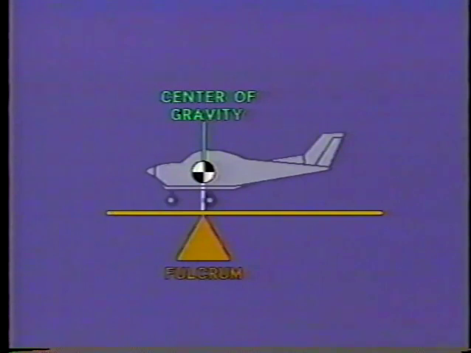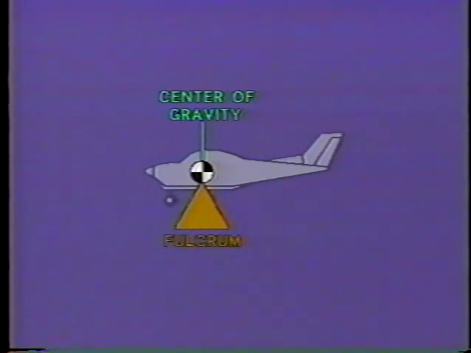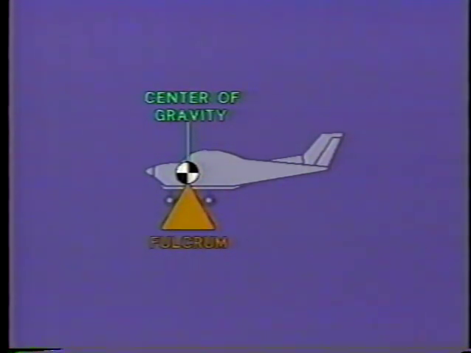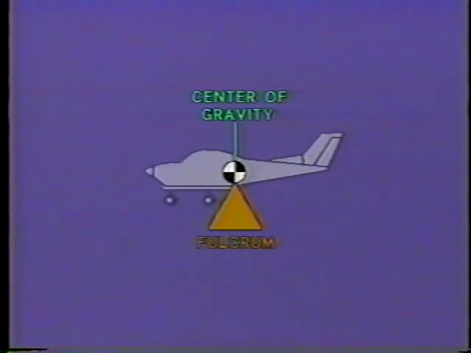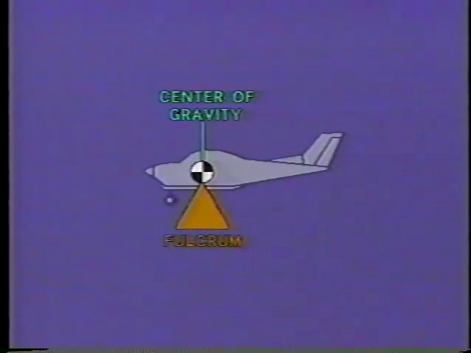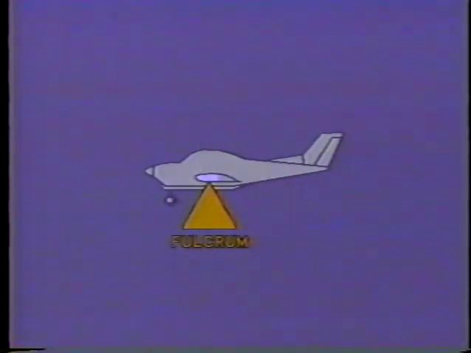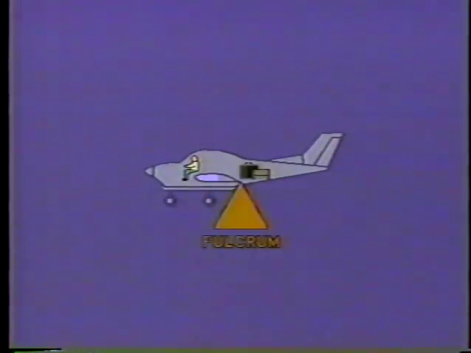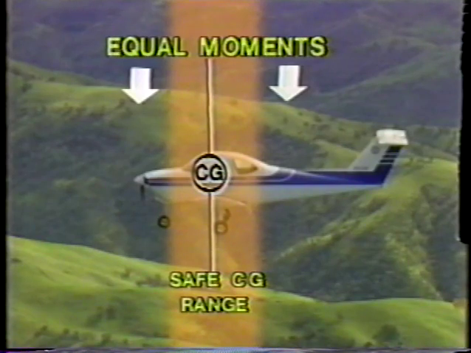The position of the fulcrum of the teeter-totter is comparable to the airplane's center of gravity. The center of gravity is not a static position. It will move forward and back depending on the location and weight of various items placed in the airplane. For example, the fuel, the pilot, cargo, and the passengers. Just as a teeter-totter will not balance unless the weights are placed in a proper position,